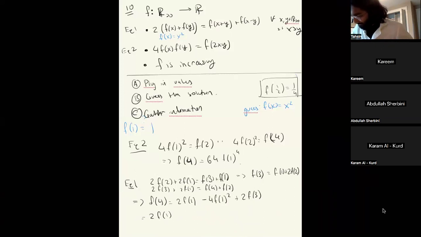No, let's be careful. So 2f of 3 is 4f of 1 plus 3f of 2, which is 12f of 1 squared, I think, right? And so we get 64 f of 1 to the 4 equals